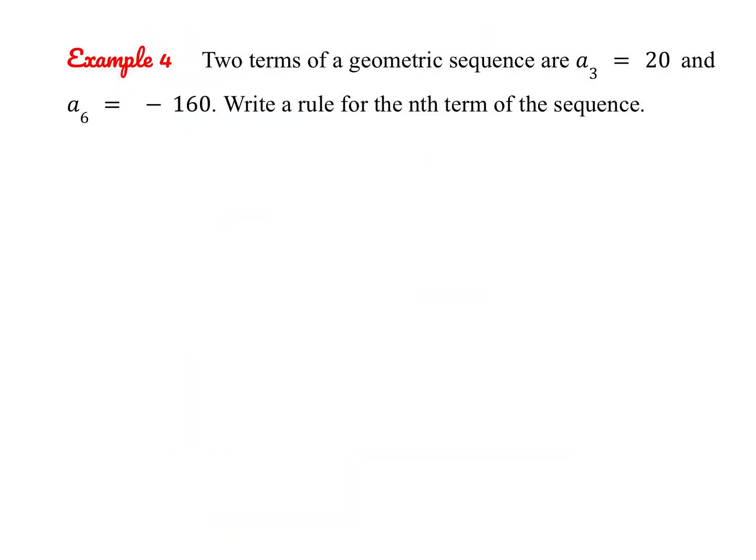All right, now we're going to try the same type of problem, but we're going to do a slightly different approach. Instead of setting up a system, there's a different way we can find our r value. So here we're told that the third term is 20 and the sixth term is negative 160. So if I want to find my r value, here's how I can think about it. If I know that the third term is 20, again, this is when n equals 3, and I know that the sixth term is negative 160,